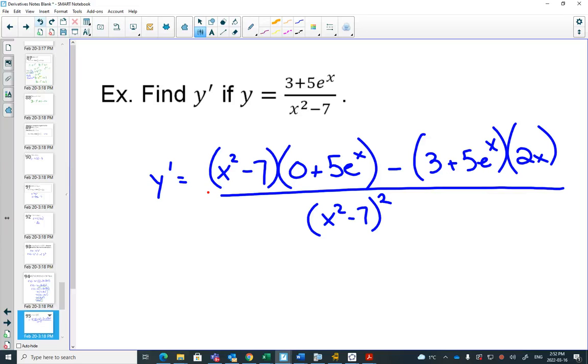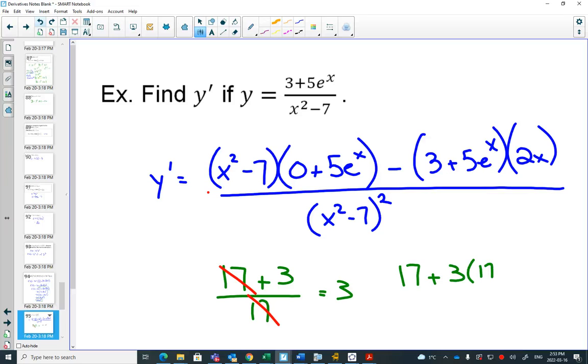For example, if you had 17 plus 3 divided by 17, I'm pretty sure all of you know that it's not equal to 3. I think we're pretty sure. You could try it on the calculator, and you would find out that it is 20 divided by 17 and not 3. Okay? However, if you had 17 plus 3 times 17 over 17, you could, in the top, factor